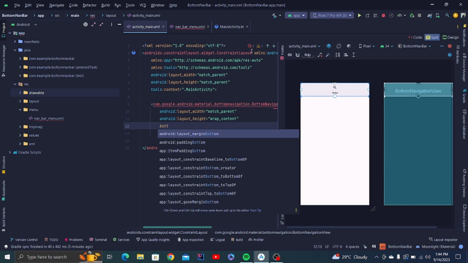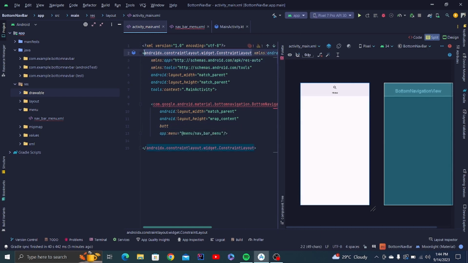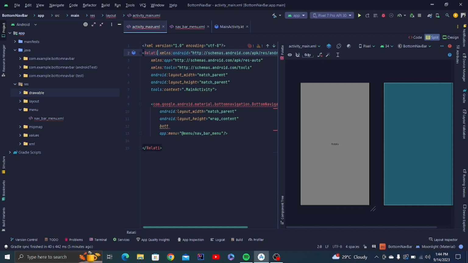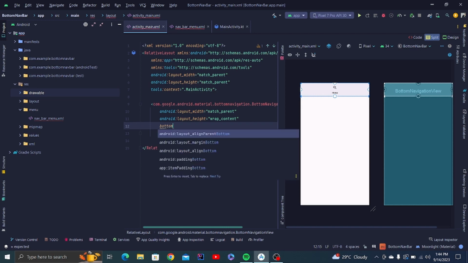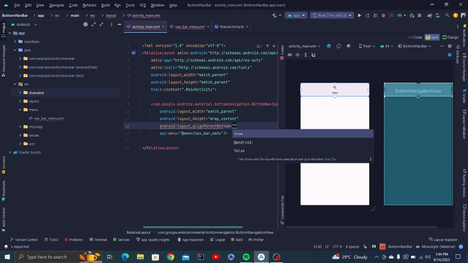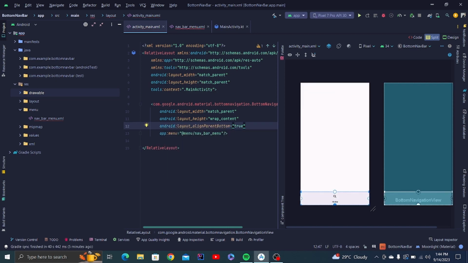Sorry, we have to convert this one into the relative layout first, right? And then we are going to make this at bottom, and true. So this will be aligned to the bottom part of the whole screen. And one more tip for you guys and for new Android developers, that when you